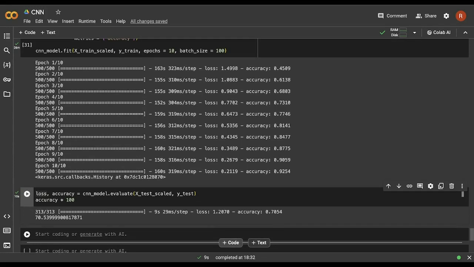The difference is around 22%, which means your model is doing great on the training set, but it's working poorly on the testing set, and this is a kind of overfitting condition. So in order to handle this overfitting condition, though the accuracy on both the training set as well as the testing set improved as compared to the artificial neural network model, but still there is a problem here